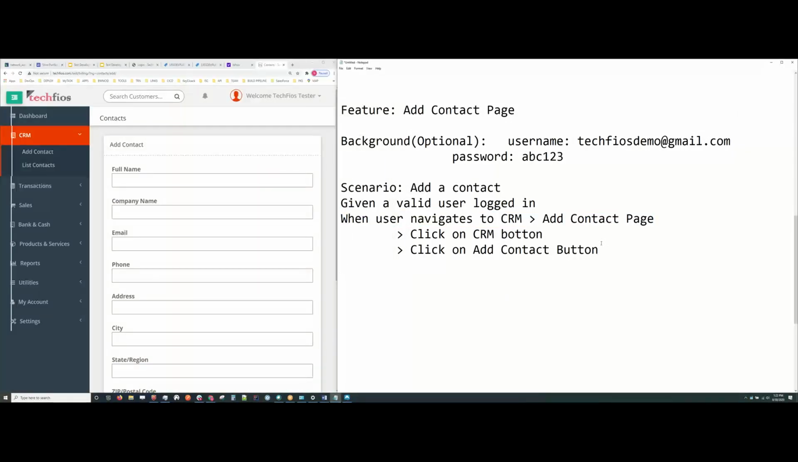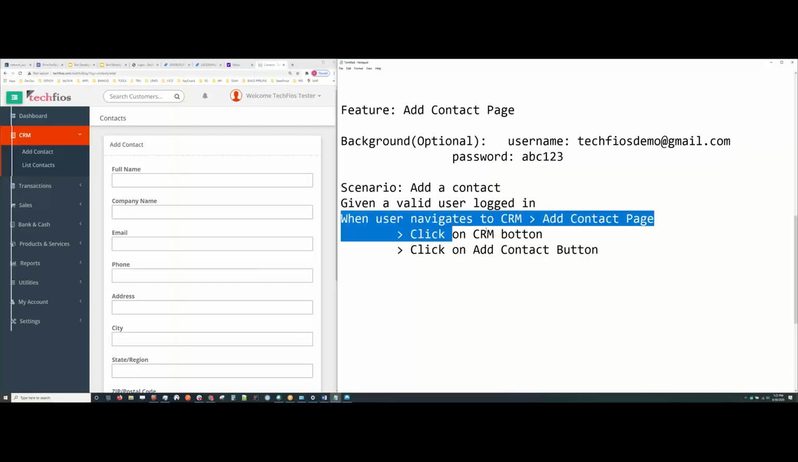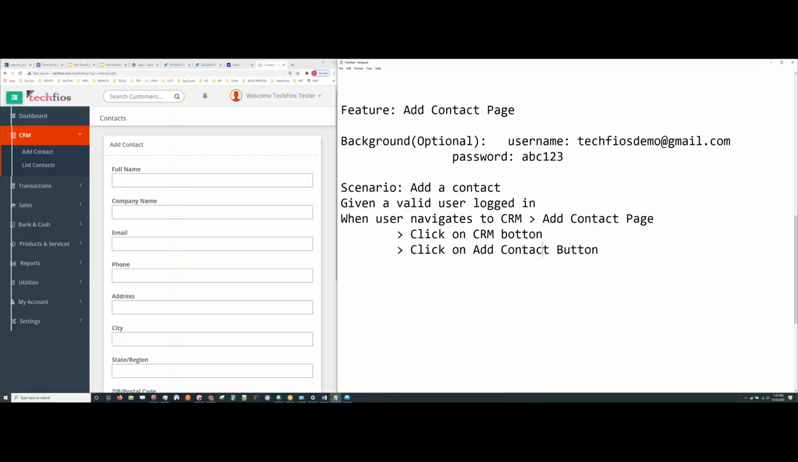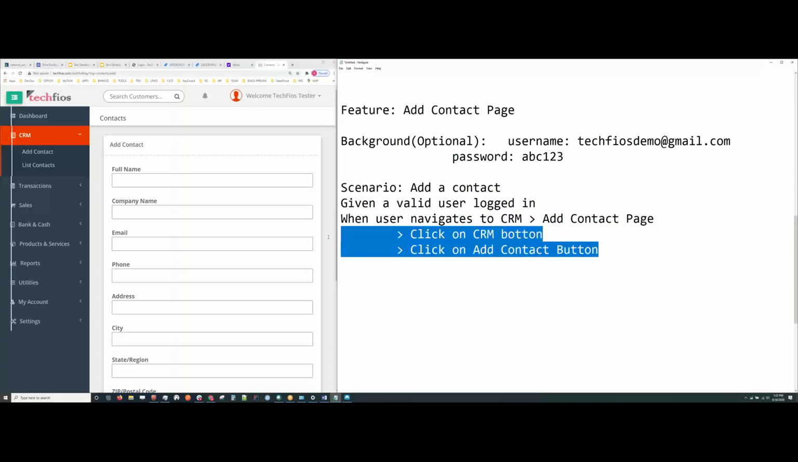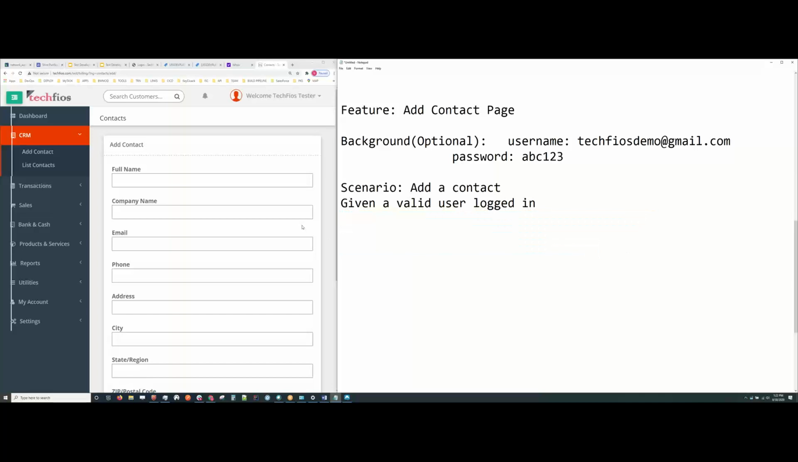Okay, so industry standard, this is what you're supposed to do, but I don't want to take you there right now. So I'm just going to do it the baby way, which is: when user clicks on CRM button, and user clicks on add contact page,